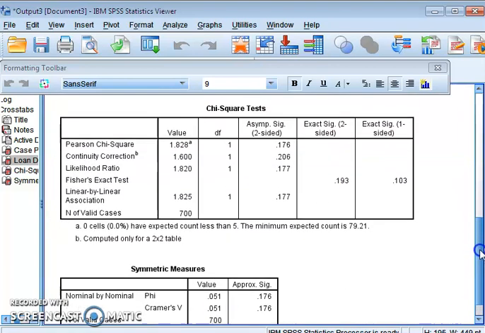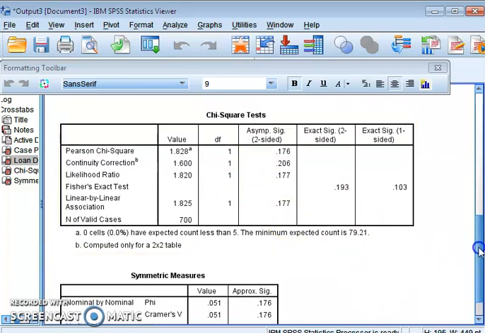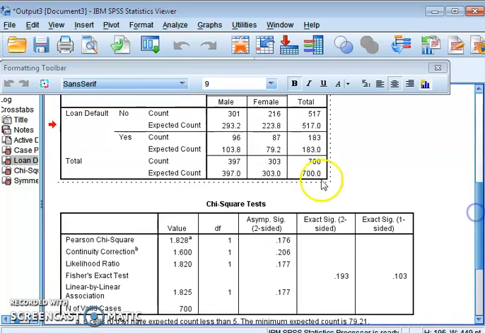Now we can move to this third table, which is actually the chi-square table. In case your assumptions are fulfilled, that means if all 4 cells have minimum expected count more than 5, then we will read this first row, Pearson chi-square.